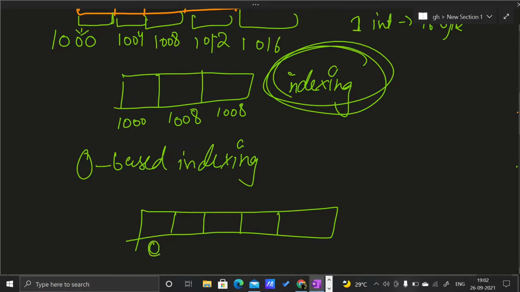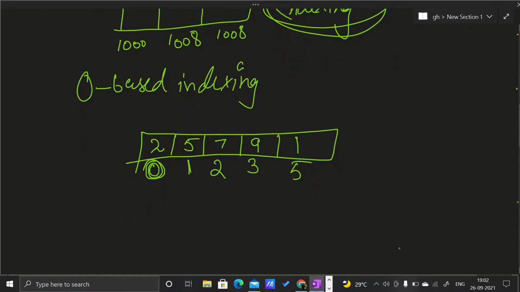So zero base indexing is, suppose I have a first element 2. First element of my array is 2. So the index of this element will be 0. Now next element is let us suppose 5. So index of this element is 1. Now this is 7, index is 2. Now this is 9, index is 3, and this is let us suppose 1, so index is 4.